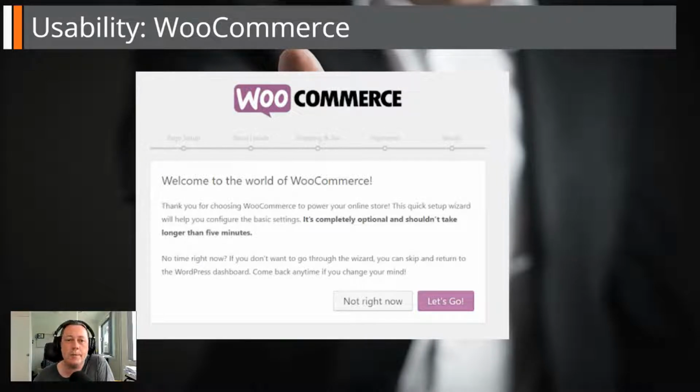So first, WooCommerce. Now, WooCommerce is just another WordPress plugin, so installing and configuring settings for the store should be relatively easy for those already familiar with WordPress. The core plugin comes with a good setup wizard that helps you get basic store settings up and running really quickly, and there's an image on the screen as an example. As you would expect with a big, complex plugin, there are many settings that cover all aspects of an e-commerce store. However, due to the popularity of WooCommerce, there are thousands of free tutorials, blogs, and FAQs that you can look at to overcome any issues you might come across. So there's probably no worries there.